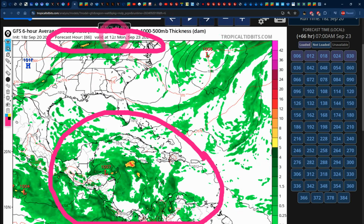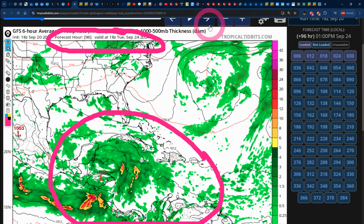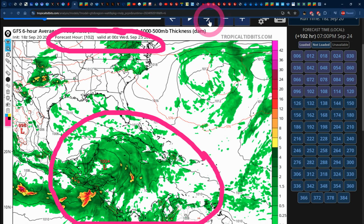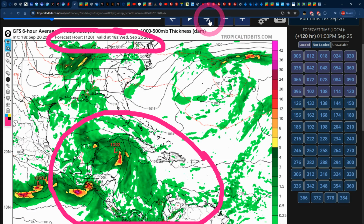By Monday 12Z, we still have the greens that represent the moisture across Jamaica. Look at that heavy moisture right there off to the southwest of the island, as represented by the yellows, the oranges, and the reds for sure. Even into Tuesday, we still have a lot of rainfall to receive. The heaviest of it should be right there off to the west of the island, as represented by those yellows,